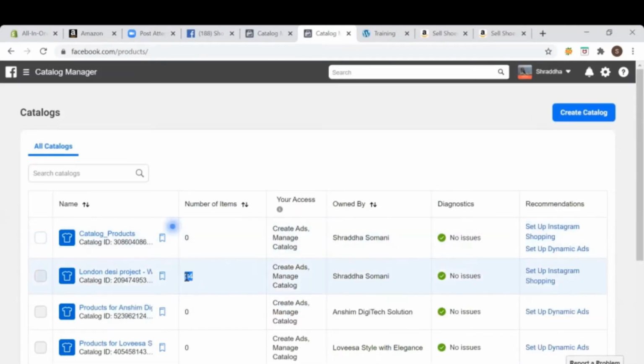So this I have done by integrating my e-commerce plugin, right? So it's very easy. Neither do you need to upload the products manually, upload the feed manually, or upload the products one by one. You just need to integrate it with your e-commerce website, and all those products will be available over here. So this is how you can create a catalog.